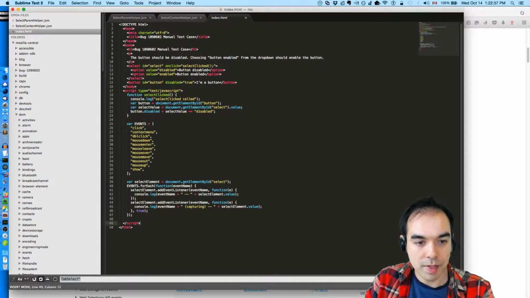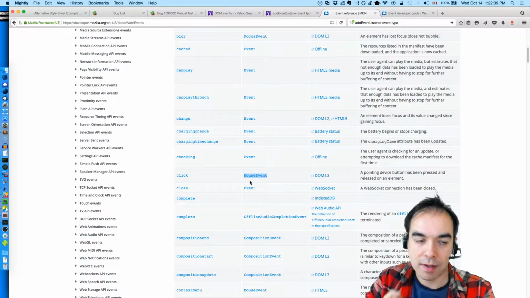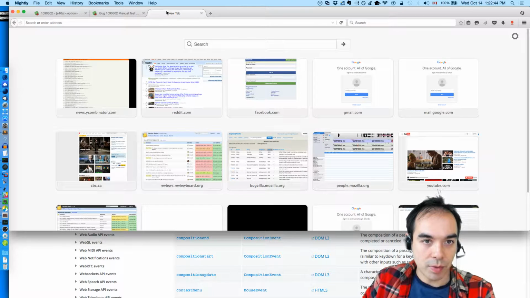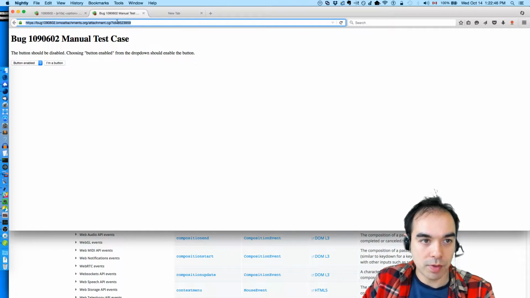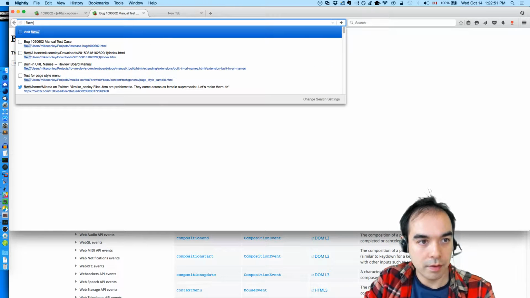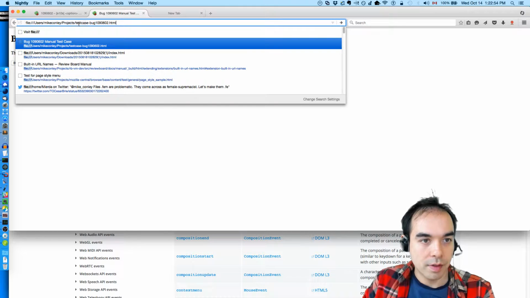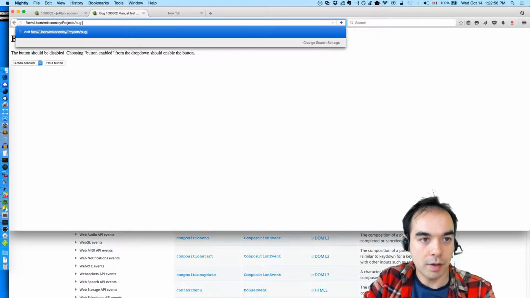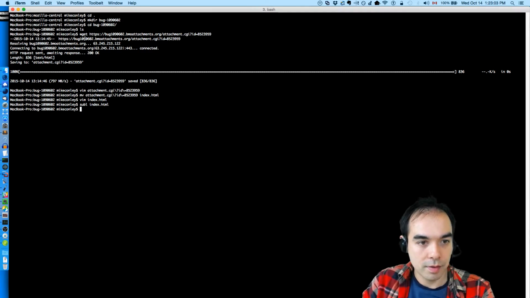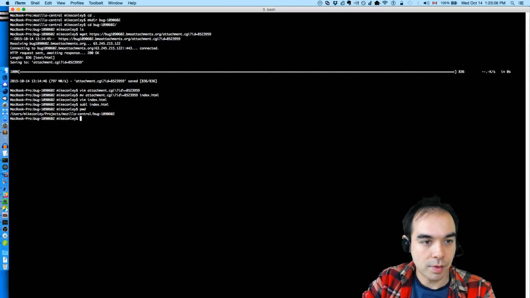Okay, so we're going to see a bunch of stuff happen, I think, whenever we load this up in the single process case. So let's check it out. File, yes, and then bug 1090602. That's where it was, wasn't it? Project. Oh, I should probably move this out.